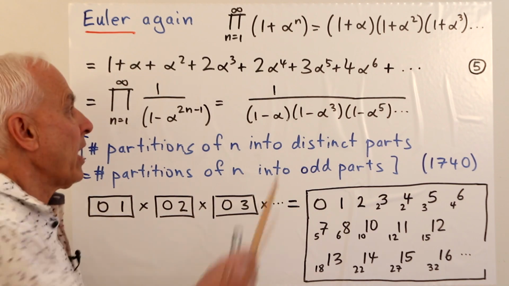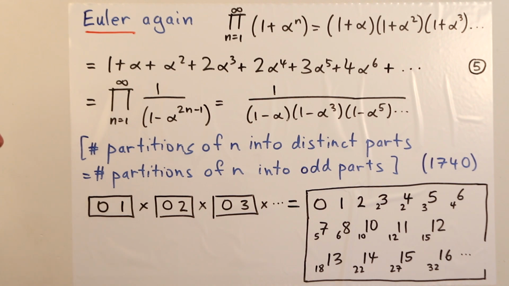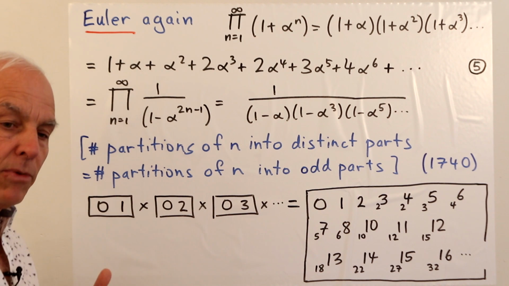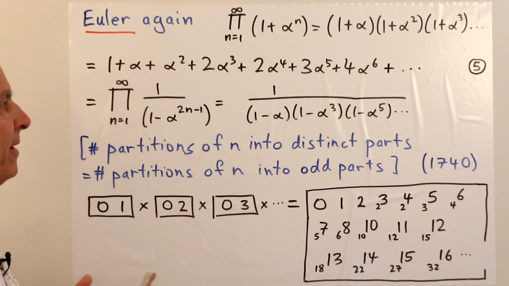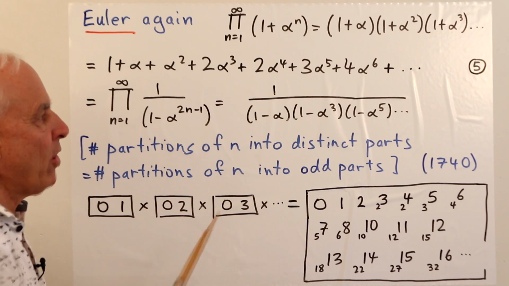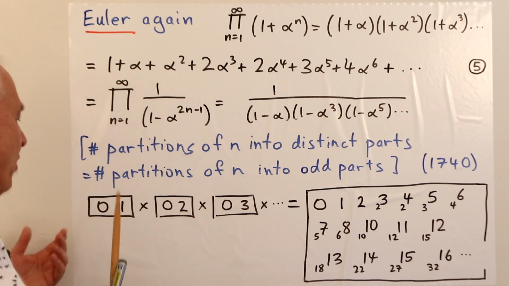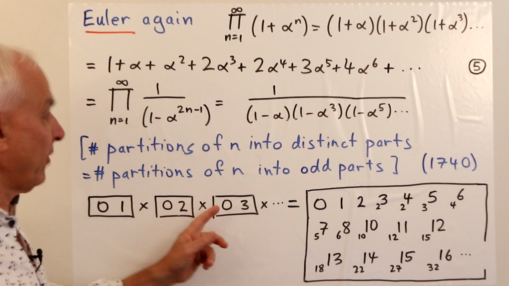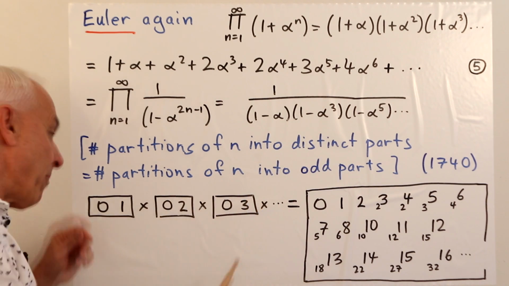So let's have a look at this first thing. How would we think about this from a box point of view? So 1 plus alpha now is the box just containing the numbers 0 and 1. That's what we think is the polynomial or polynumber 1 plus alpha fundamentally. It's just this box with a 0 and a 1 in it. Here is 1 plus alpha squared, here is 1 plus alpha cubed. And you do the same thing, you look at all possible